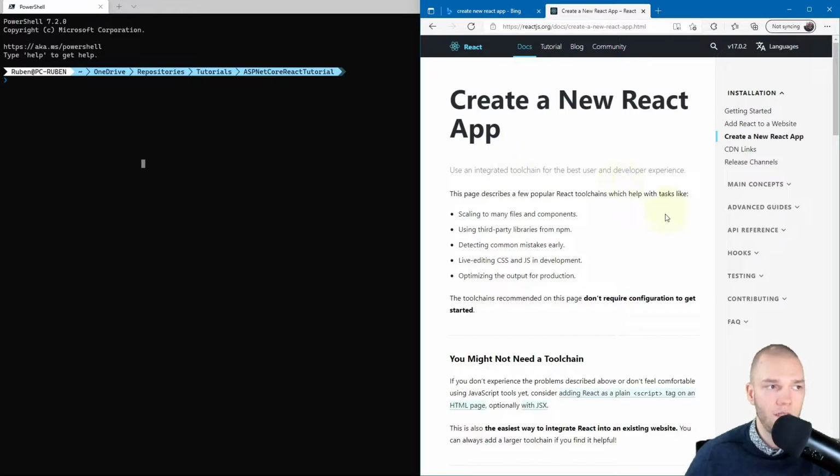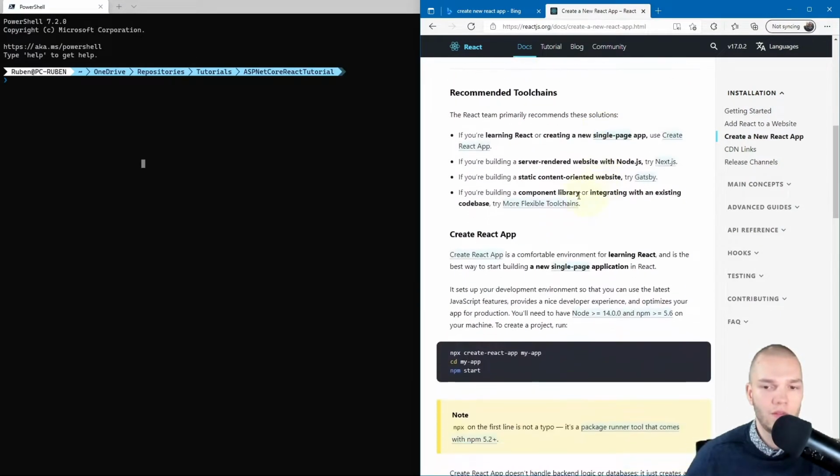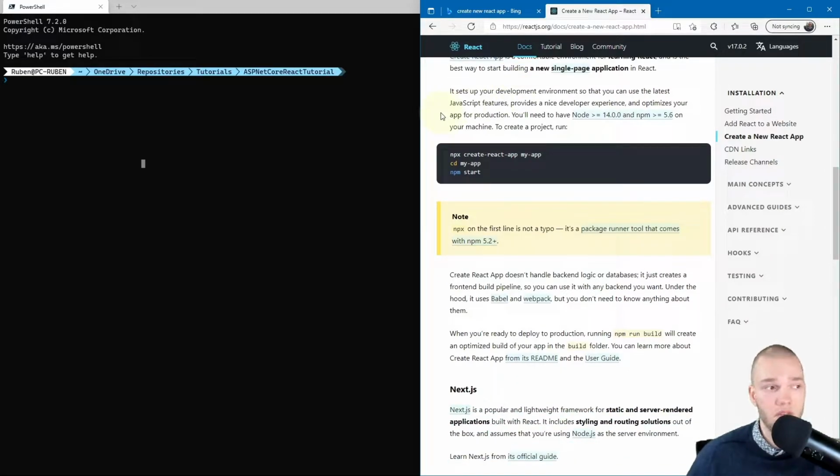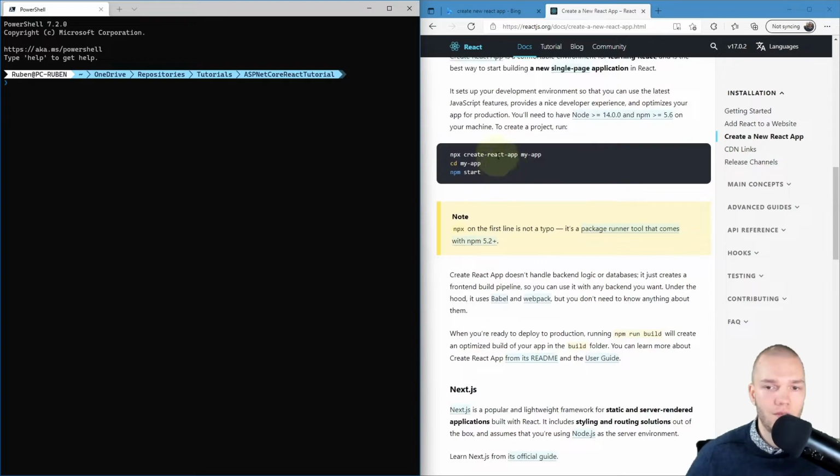reactjs.org, and if we scroll down a little to the heading with Create React App, it says Create React App is a comfortable environment for learning React and is the best way to start building a new single page application in React. Sounds good. So let's use this to create our React project, and the command we need to run is listed below.